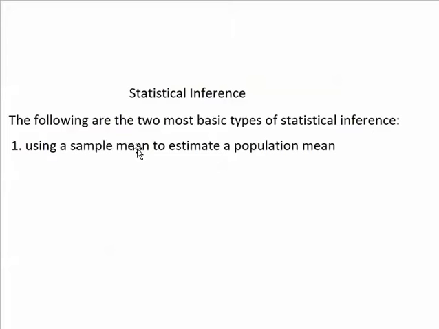In statistics, the word mean just means average, so a mean and an average are the same thing. To calculate a mean, you add all of the values and you divide by the number of values. As a researcher, I might be interested in estimating the mean hours of sleep in the college student population. So if I wanted to actually calculate the average number of hours that college students in the US sleep per night, I would have to actually ask all